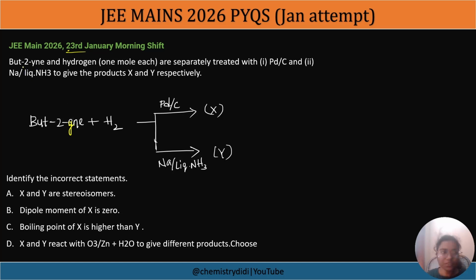So here they have given butadiene and hydrogen. Here is one important thing that you need to take care of. 1 mole of hydrogen they have given, separately treated with palladium on carbon, and sodium in the presence of liquid ammonia, to give products X and Y. If we get to know products X and Y, then we can compare